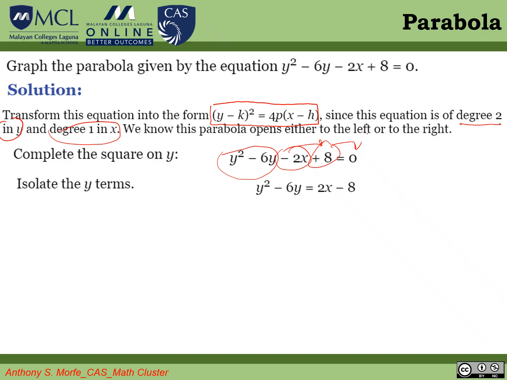Okay, so after that, find the third term. Find the third term. So we can write this as y squared minus 6y, then plus, we need to find the third term. Okay, yeah, we have the third term. Same process, class, as what we did in our discussion on circle. So once you get the third term, you add it here on the right side. So third term also.